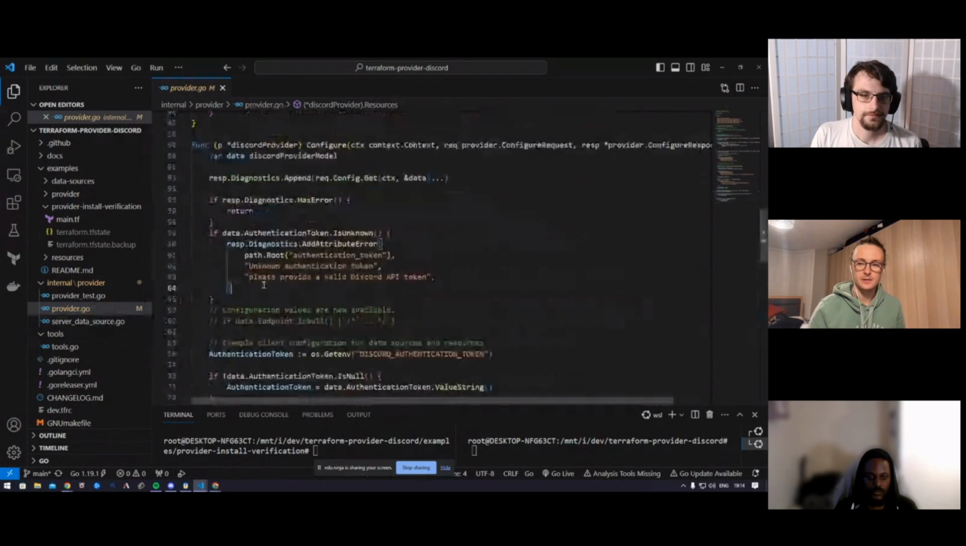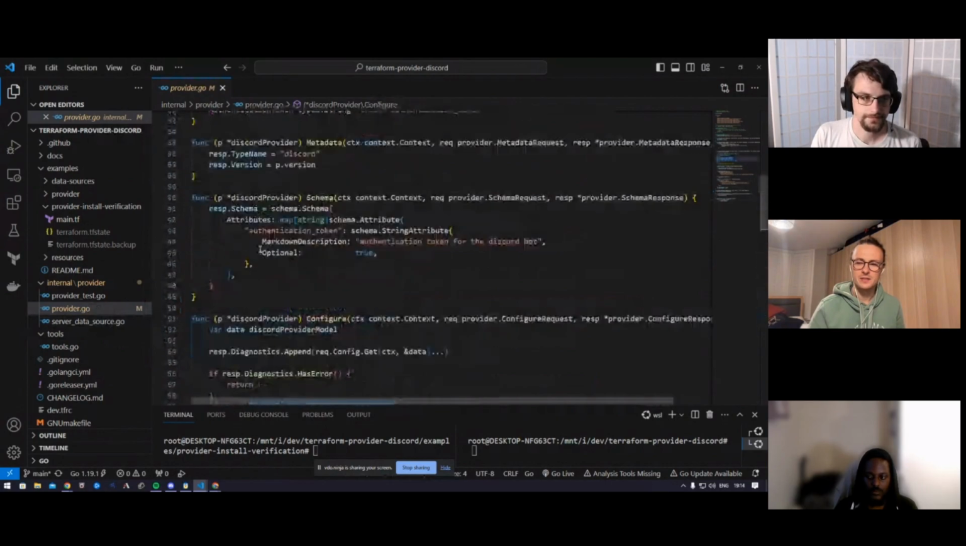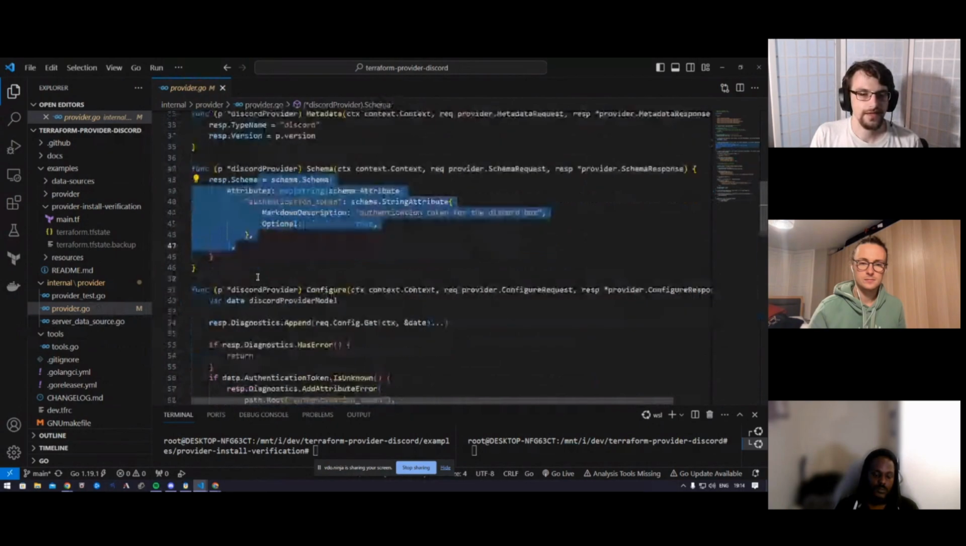So the APIs, you don't really. Do you necessarily care about the schema of the API that you're consuming, or no? So this is a Terraform thing,